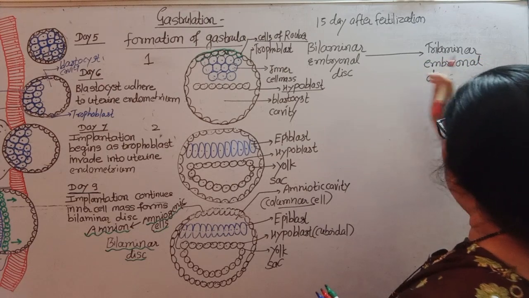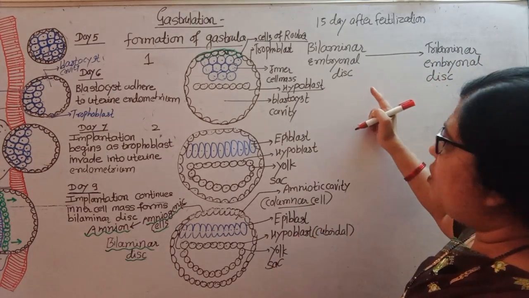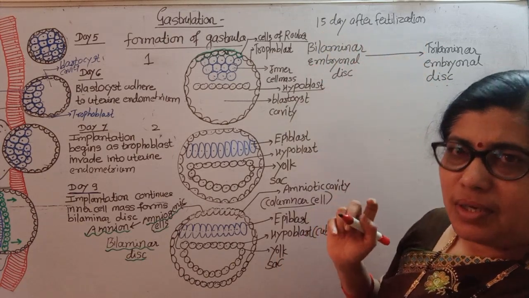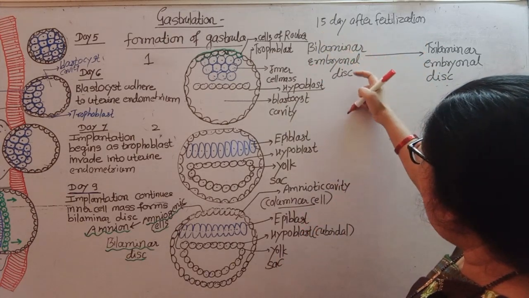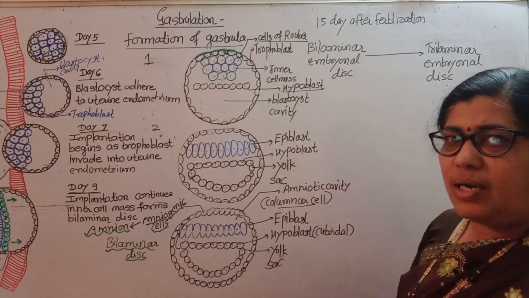And this is actual gastrulation. So actual gastrulation occurs about 15 days after fertilization, and in which bilaminar embryonal disc transforms into trilaminar embryonal disc,